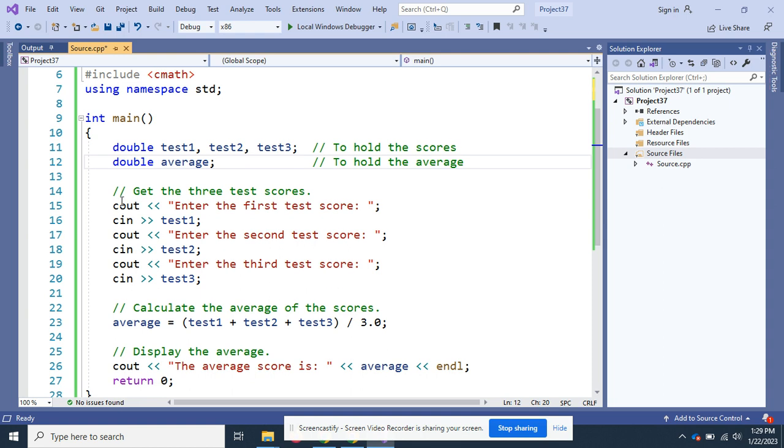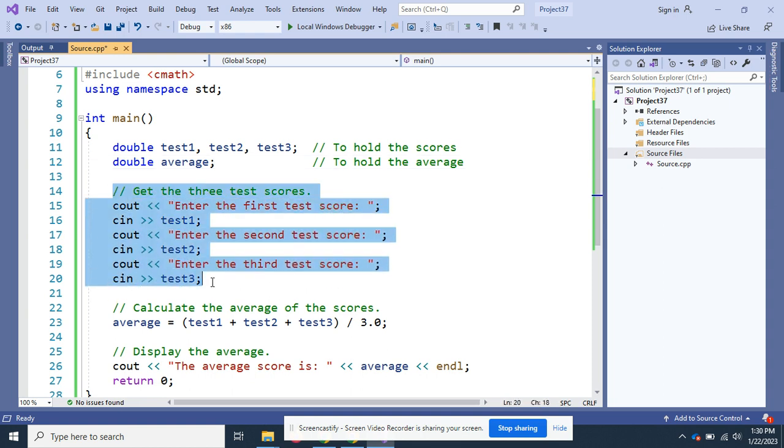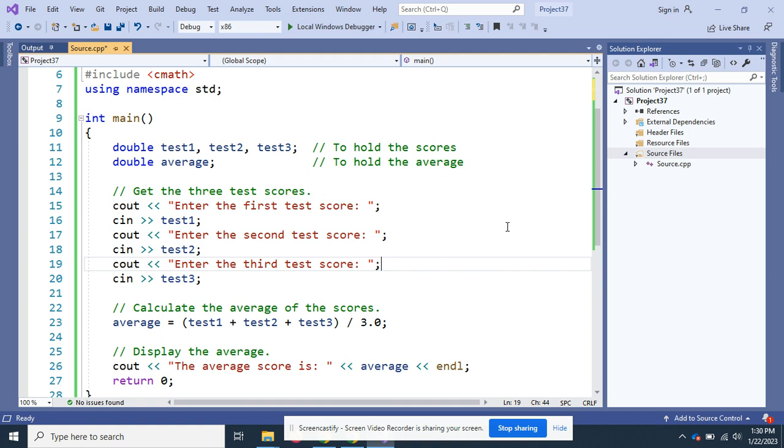All right, we get down inside this block here. This is the first time we experience something new. A lot of you did a little programming and are familiar with input, output. So here's what's going to happen. Get 3 test scores. I'm going to cout, enter the first test score. Because there's no endl here, the cursor is going to sit at the end of the line, and it's going to wait until you enter a test score.